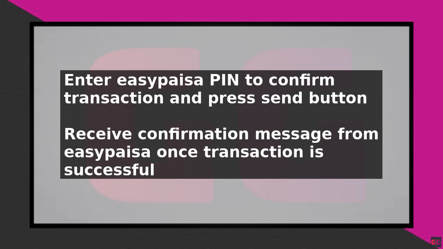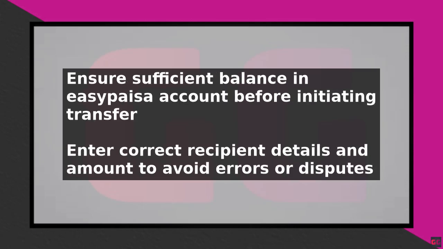In addition to money transfer, the EasyPesa USSD code service also allows users to check their account balance, pay bills, and perform other transactions. To check your account balance, select the balance inquiry option from the menu and follow the prompts. By following these steps, you can easily transfer money from EasyPesa without using the app, making it a convenient option for users who do not have access to the app or prefer to use the USSD code service.